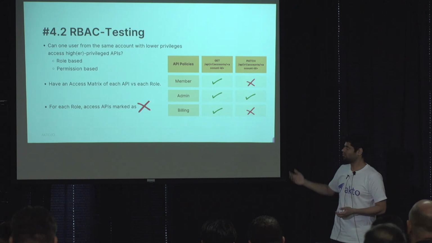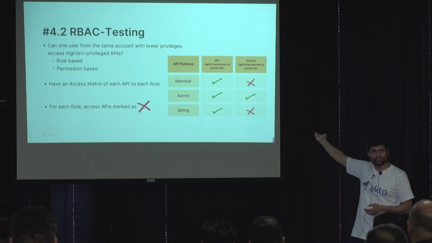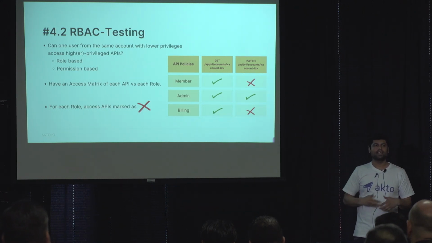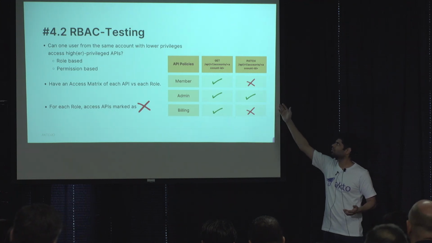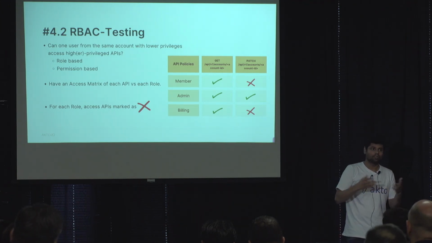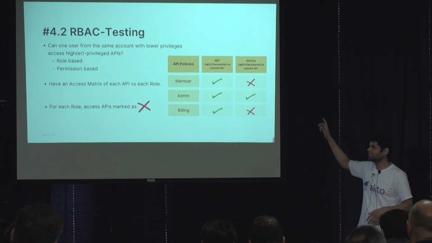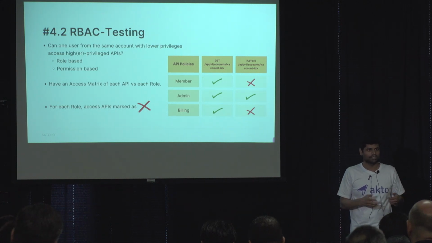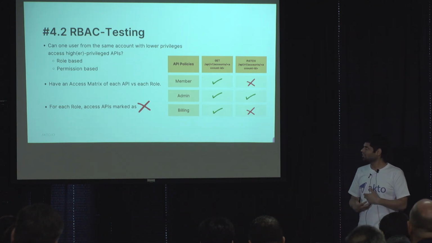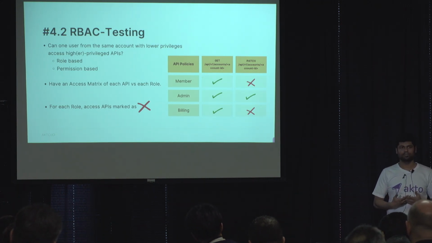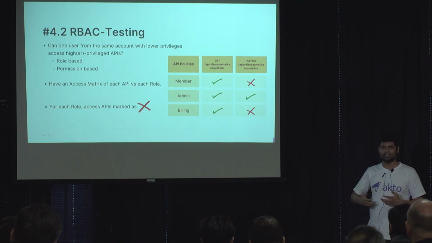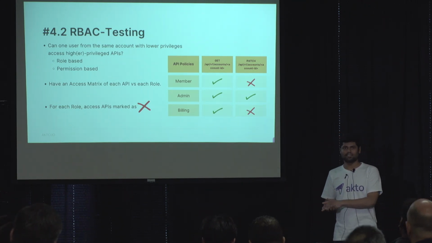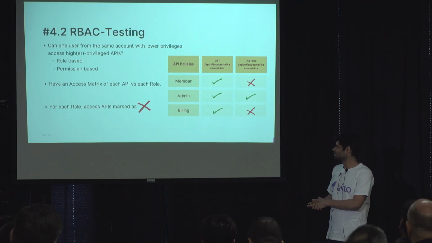I mean, it's one thing that someone has documented this for you, but in reality it might happen that a member can also go ahead and change account details. They can't do it through the UI, but they can just call that API and it might just work. So as security teams, we have to make sure this can't happen,